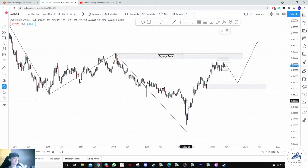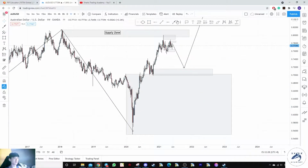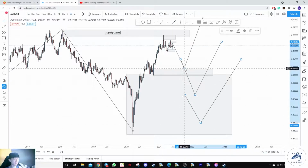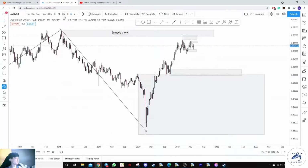And this is because we have a strong down move before an up move. So you can clearly see this is a huge demand zone by itself, right? So we are definitely looking for buys inside of here. Okay, so this is how it works on the monthly time frame, and if you can see on the immediate